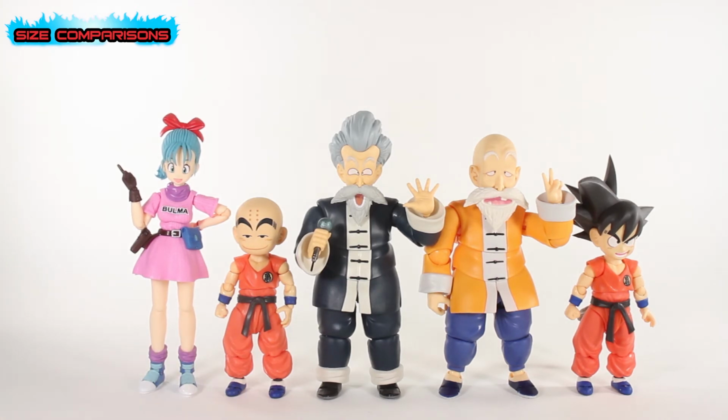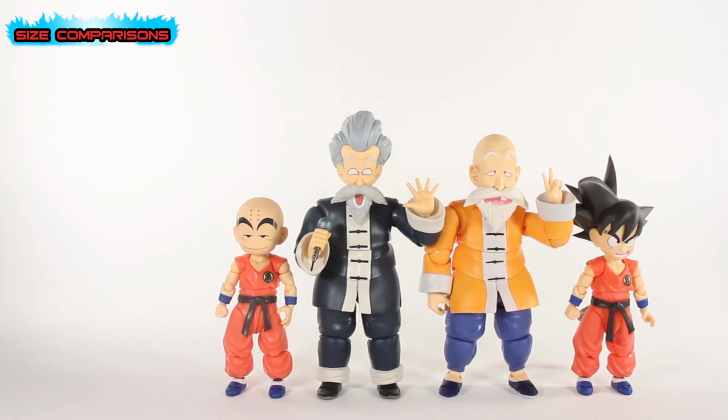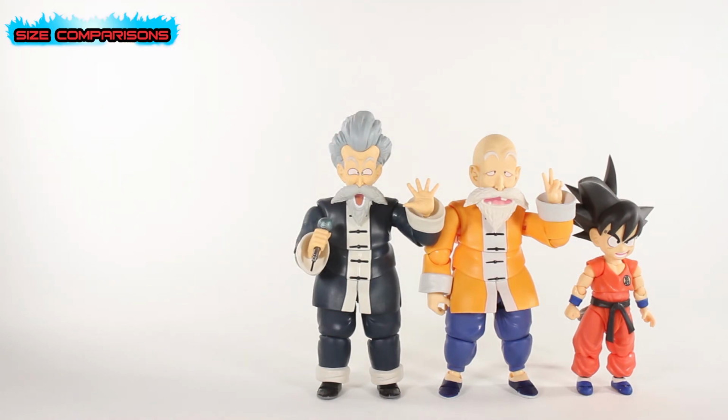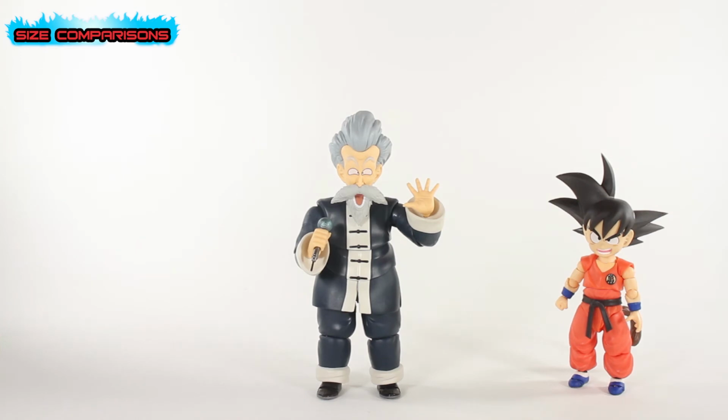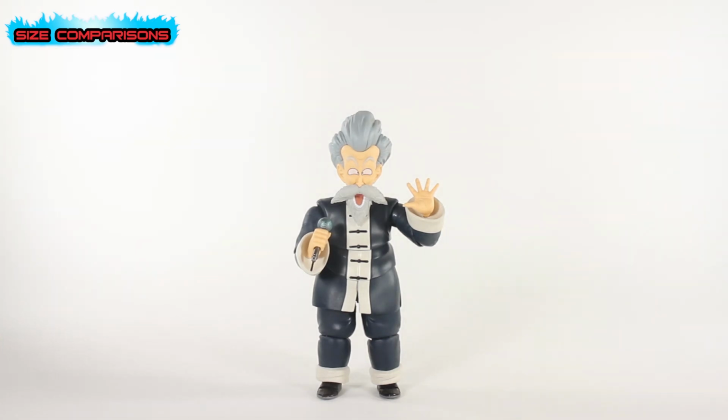So guys, we have done articulation, paint, apps, and sculpting, accessories, and size comparisons. So now, without further ado, it's time to look at some